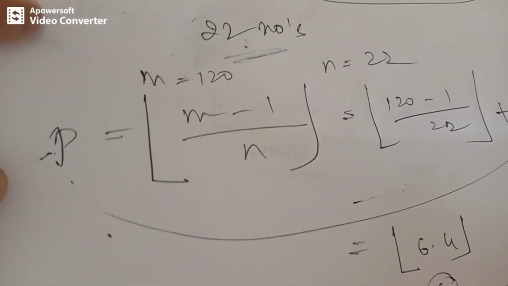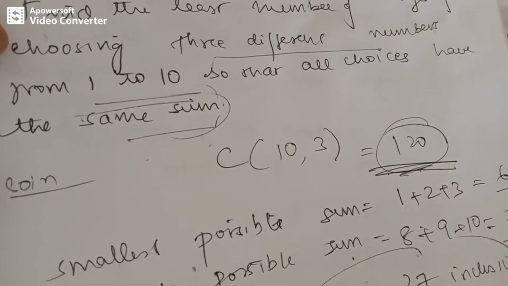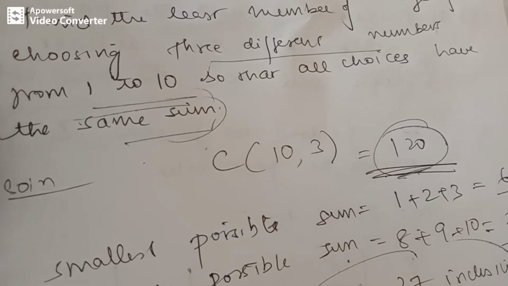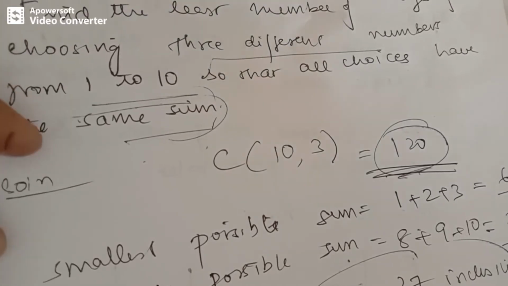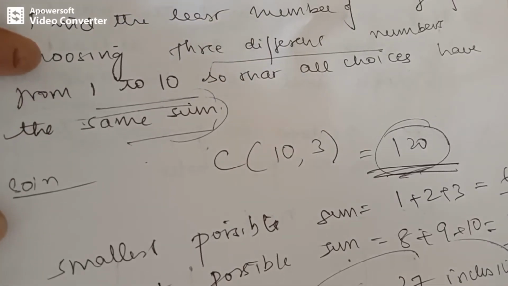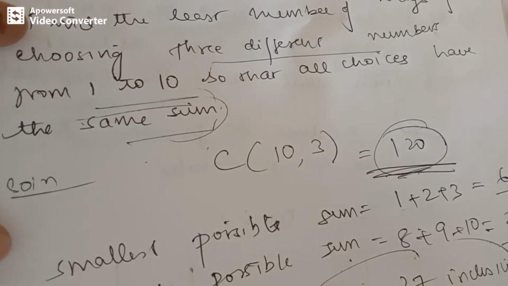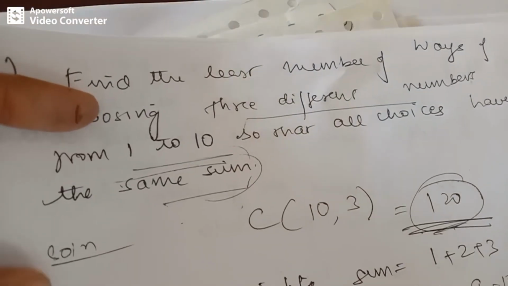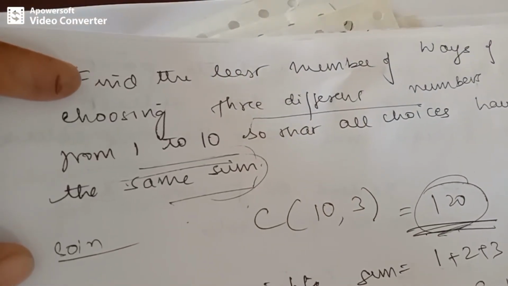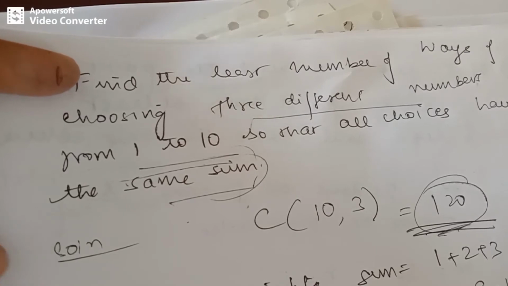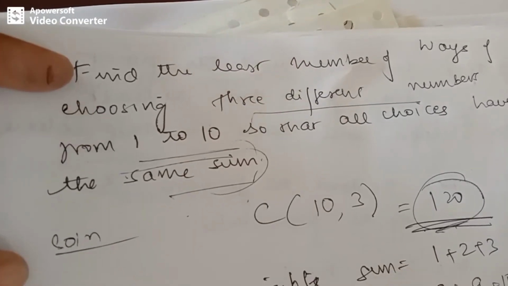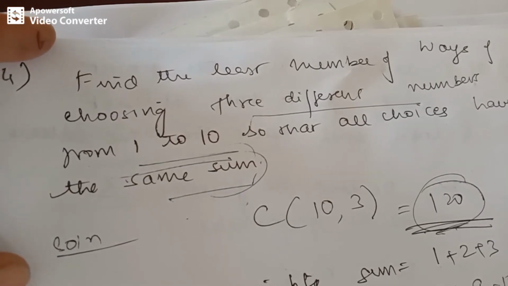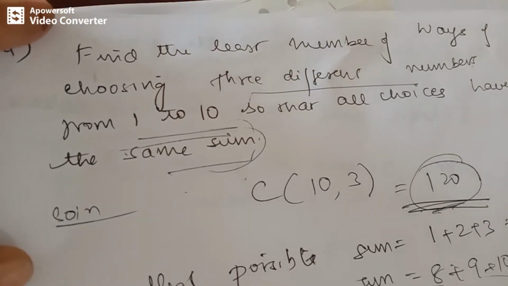So according to this, what is the concept of pigeonhole? Pigeonhole is nothing but referred to as a sum. So we can say that at least one sum, or at least the same sum, will be occupied by m. Instead of pigeons we have got m here. So what can we relate as m here? The total number of choices. So you can say that the least number of ways is 6. 6 choices will have the same sum.